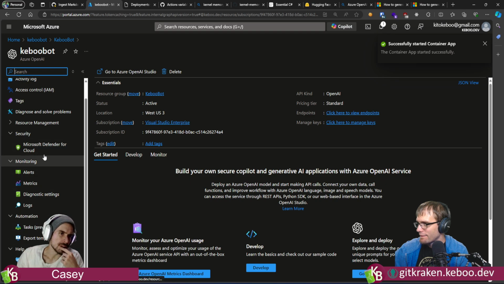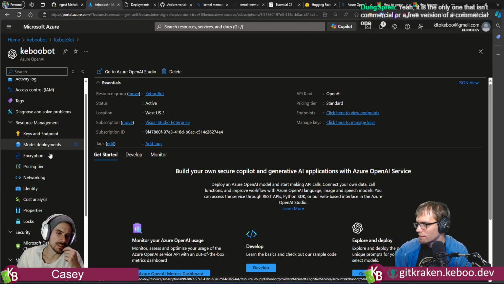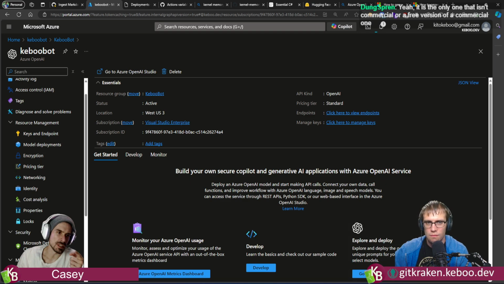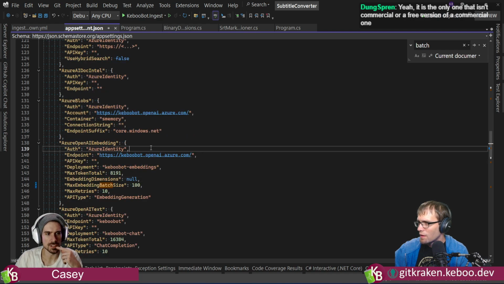Well, what's weird about that for me, and you may be right, is that we use a key and an endpoint to access it. I don't think we should need any kind of RBAC.